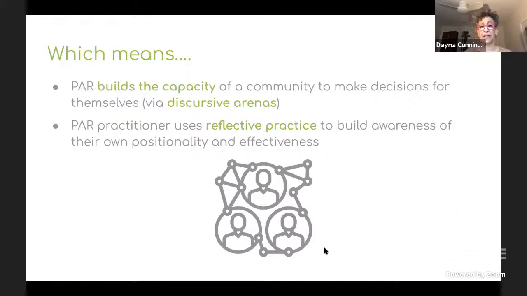And the other piece of it is the PAR practitioner, both the community-based PAR practitioner and the academic PAR practitioner, uses reflective practice to constantly look back at and take stock of their own awareness, their own positionality, their own